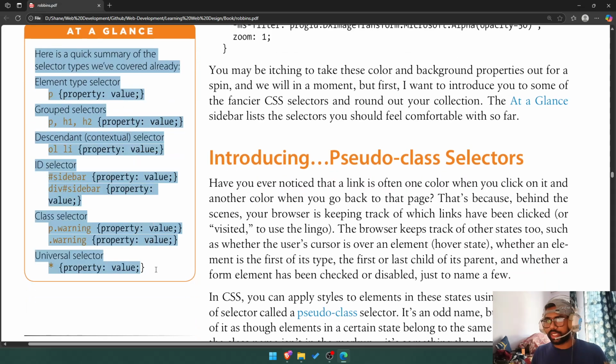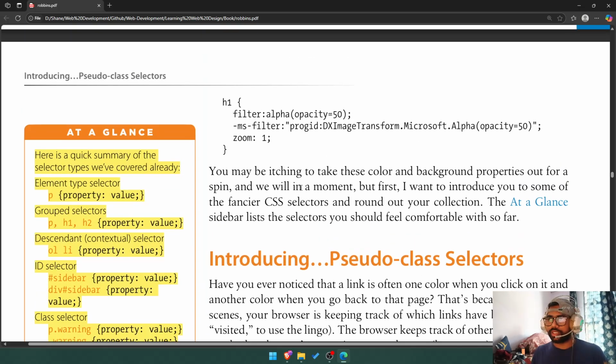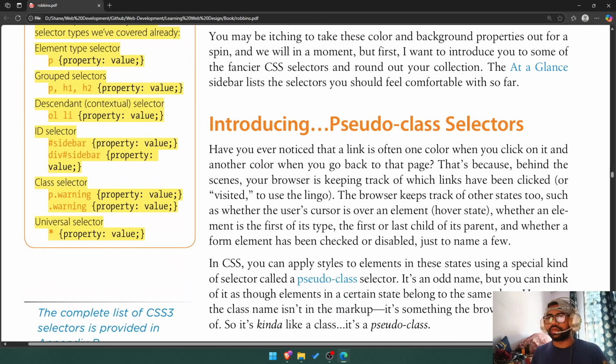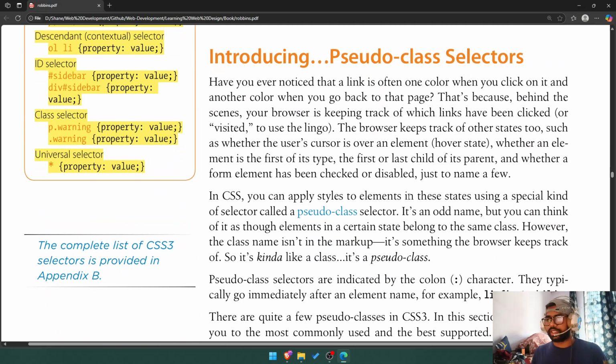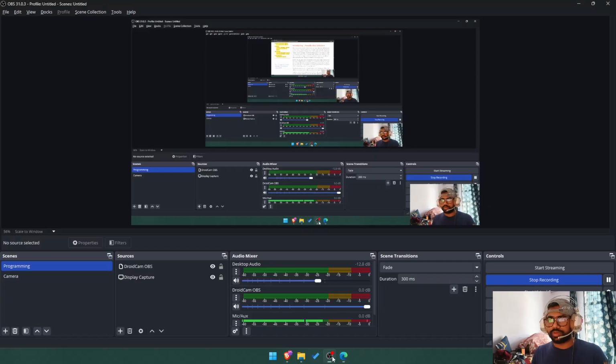Okay, so I think that's enough for today. You may be itching to take this color and class further. I'll continue with pseudo-class selectors next time. So for today,